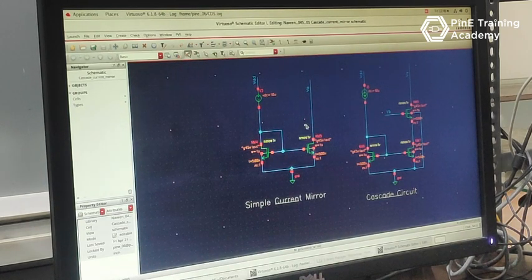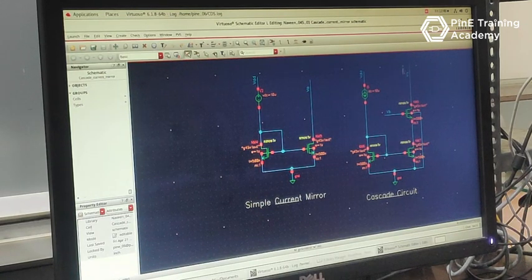Cascode means one simple transistor is connected on top of this transistor. Cascode current circuits will provide more accurate current. In cascode circuits, 3 transistors are connected. The cascode circuit will provide extra shielding in this circuit. Extra shielding means this node is connected to an analog circuit. Analog circuit means another current mirror circuit or another amplifier circuit.